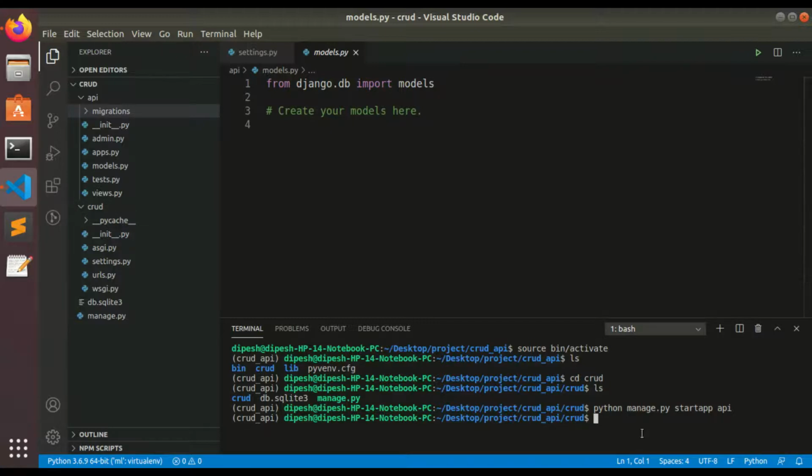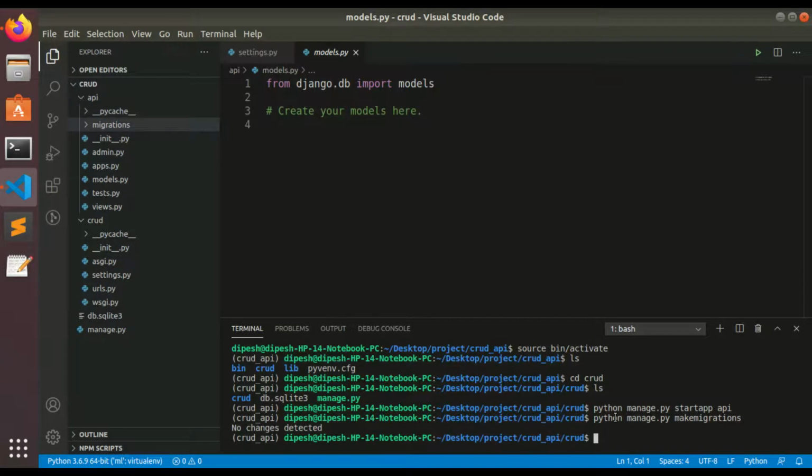After creating the API, you need to make migrations so that all the necessary models which we have built will be mapped into tables. In order to do that, we should use the python manage.py makemigrations command.